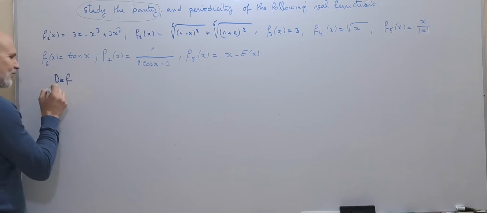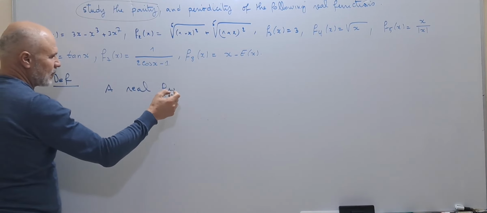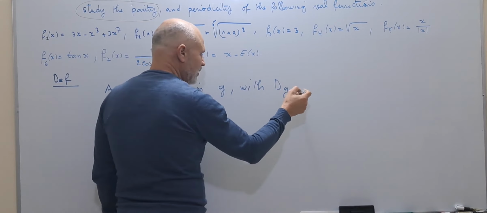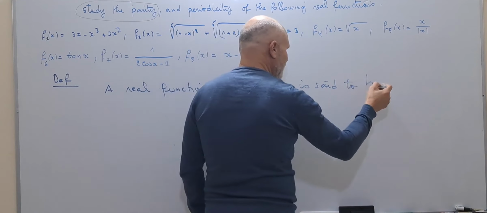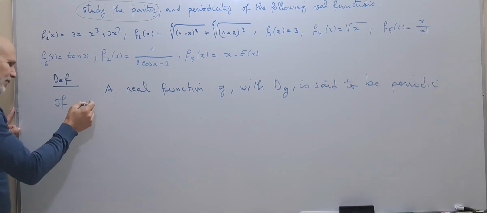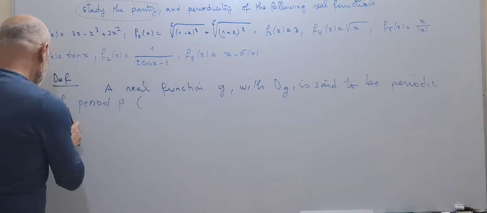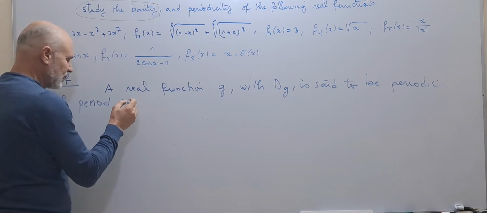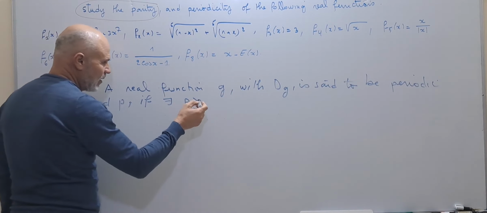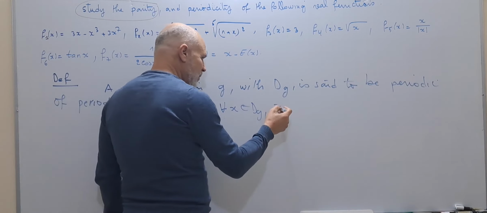So we have a definition. A real function g with domain Dg is said to be periodic of period P, if there exists a real P greater than 0, such that for all x in Dg we have x plus P